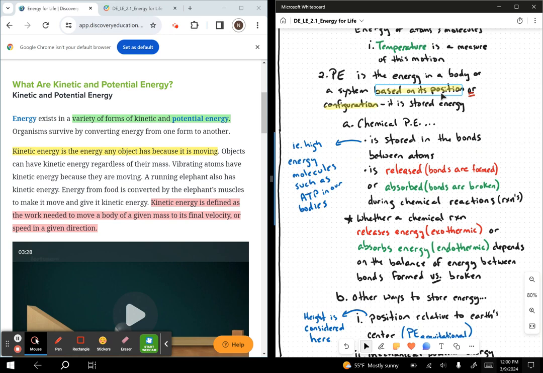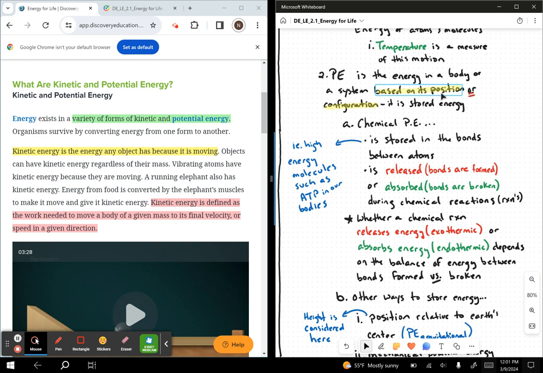Anyway, different types of potential energy. You have chemical potential energy. You recall that that is the energy stored in bonds between molecules. If you have a water molecule, you have hydrogen atoms bound to an oxygen atom. There's an attractive force between those that's keeping them attached together, and we call that a bond.